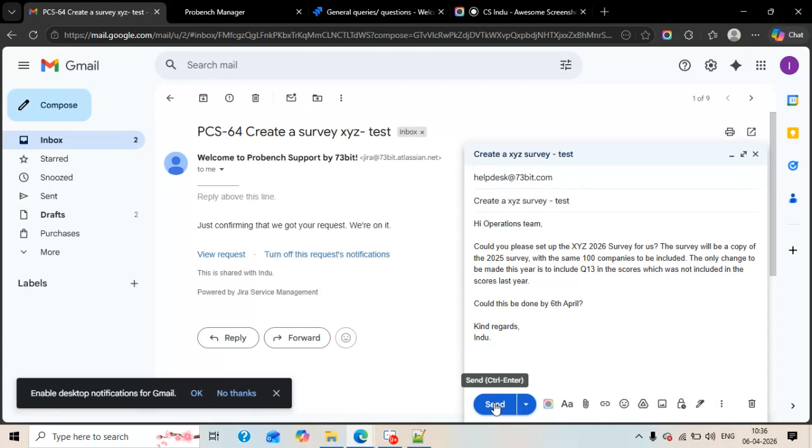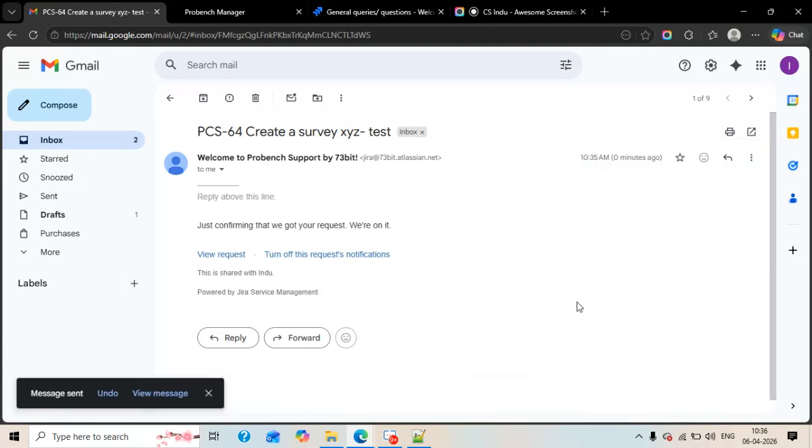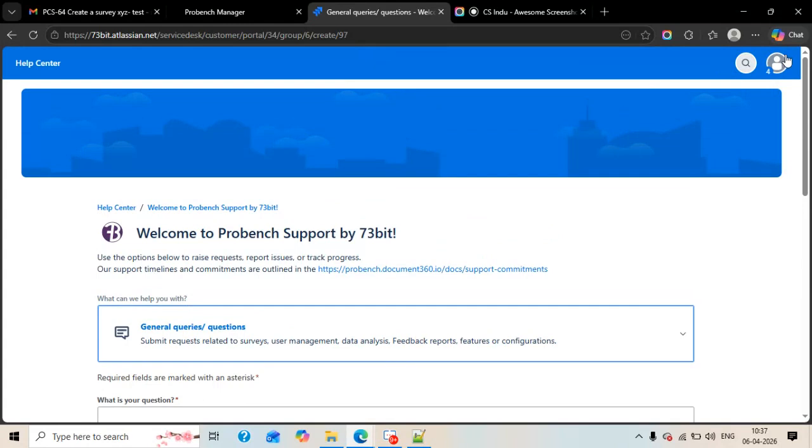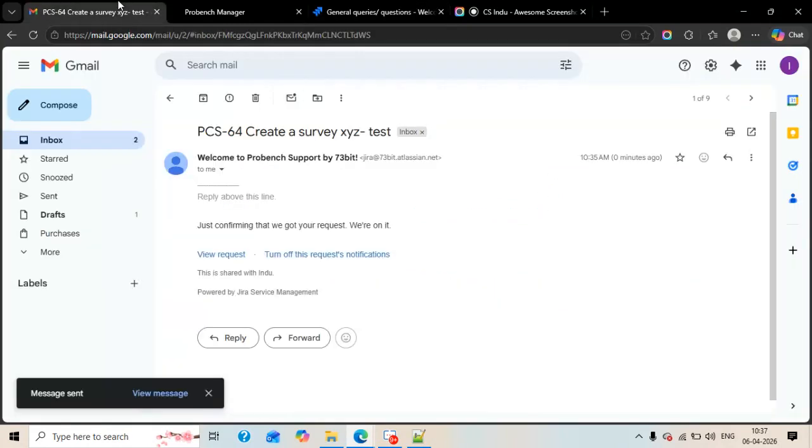And then once I click send, a ticket will be created, and then you will receive a confirmation email just like this with the ticket number. You can use this ticket number to track the status by logging in, and you will also receive emails if there are any changes in your ticket.